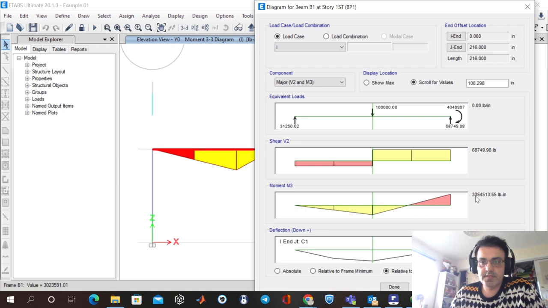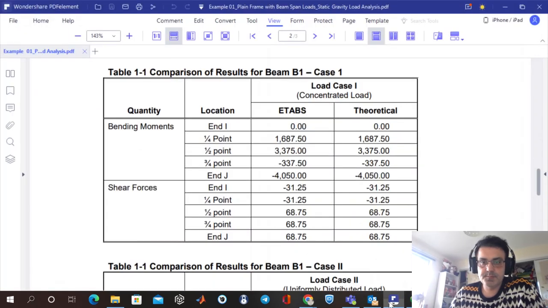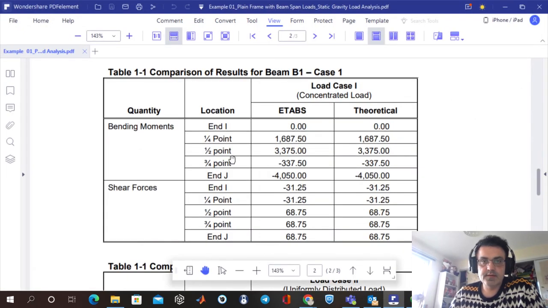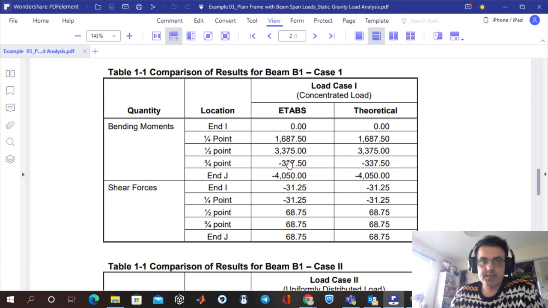For example here it is 3 million pound inch, and it is here,